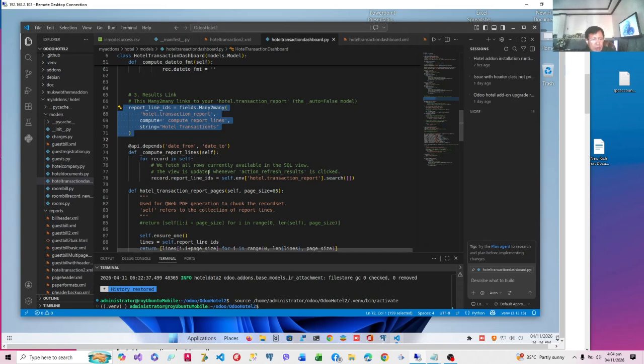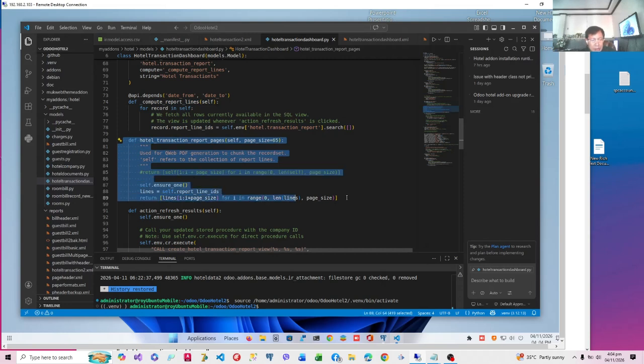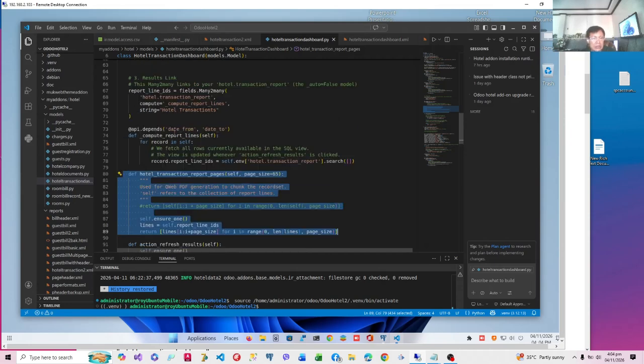We are going to compute it using compute report lines, which we get from the hotel transaction report model, found in our hotel transaction.py, which is the second model. And then we also define the function that will subdivide the contents into pages of 65 records each. So that's what it does.